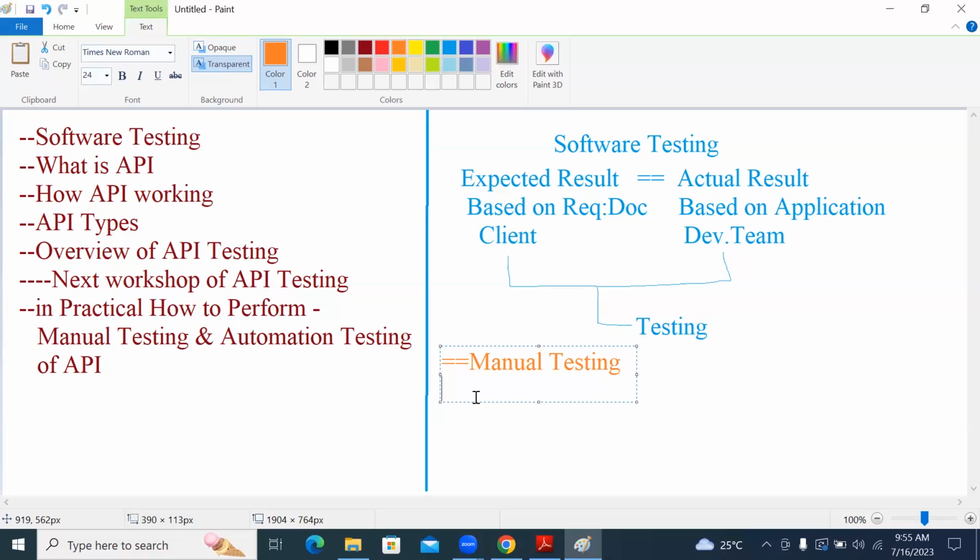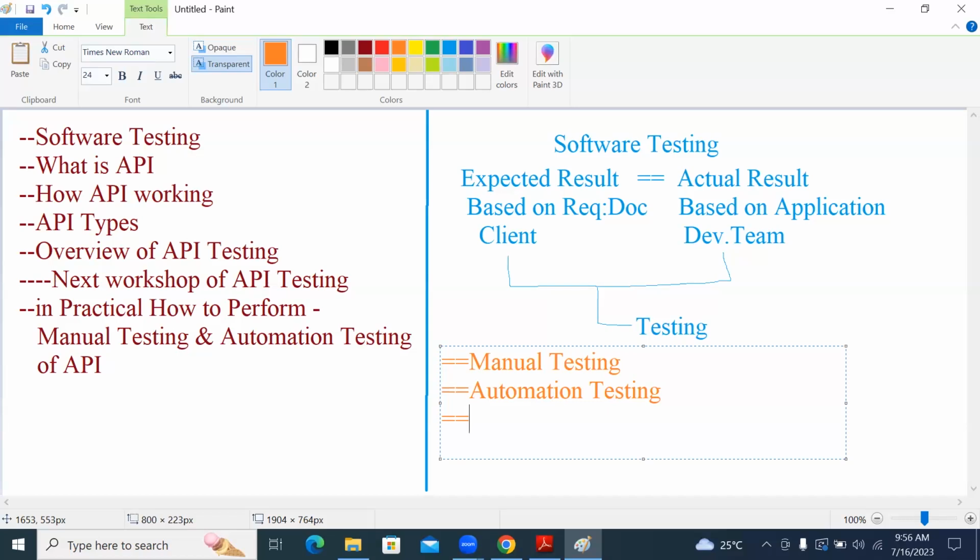Mainly it got divided into manual testing and automation testing. These two are the main things here.